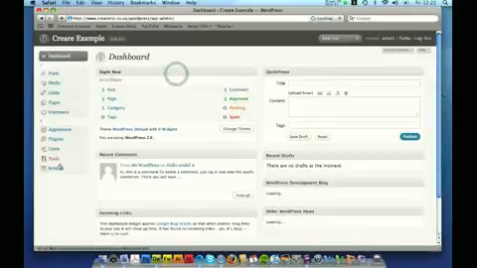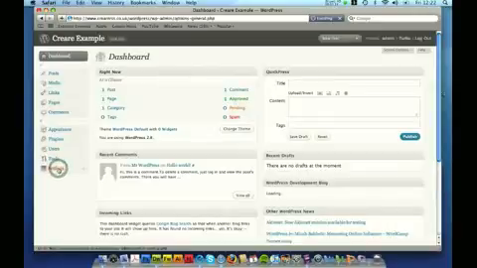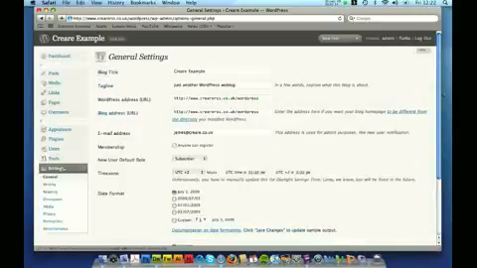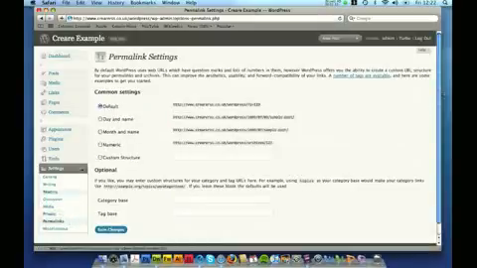First thing I'm going to show you, which is probably one of the most important things, is to set up the permalinks on your blog. They're under settings and then permalinks. There's the default one at the top. I'm going to enter my own custom one, so I'm going to click day and name to give me a head start,